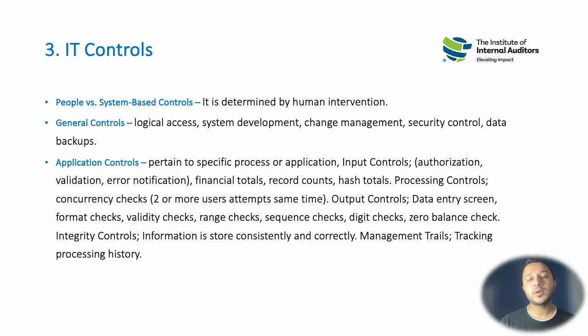Management trails are very important in terms of controls, which means that we track the output with the source document, or we take the source document and we reach the final outcome. So this is also one of the very important ways in application control. For example, for a payment, you go to the source document requisition, and from a requisition you can go to the payment, vice versa. So this is called transaction trail or management trail. So these are different types of controls that you can classify under different categories.